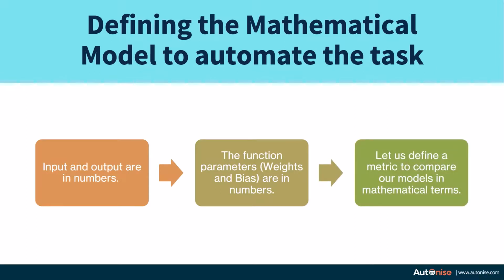But we need a metric to compare our models in mathematical terms. I have until now talked about how we want a good model which is going to be able to classify well. Good and well are not mathematical, they are very vague concepts. If I am able to define exactly what a good model means, then only I will be able to compare different models and find out the best model compared to the metric. So let's define a mathematical metric which we'll use to compare our different architectures.